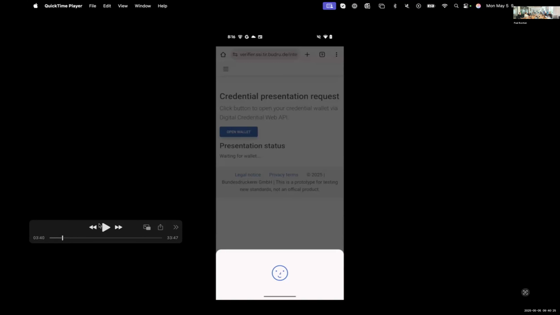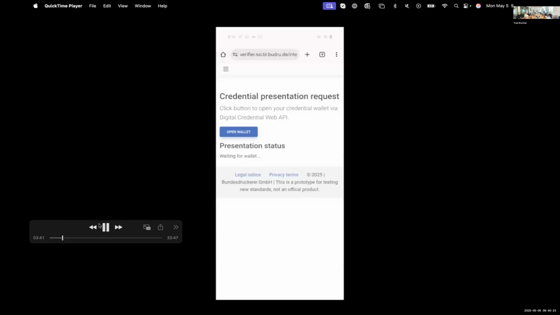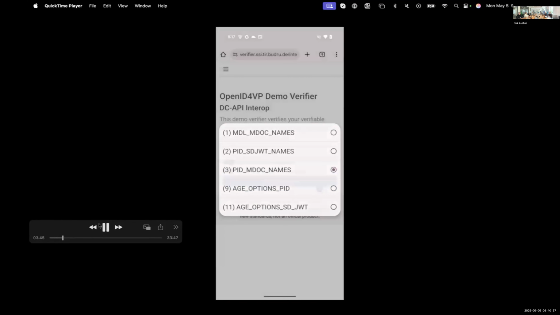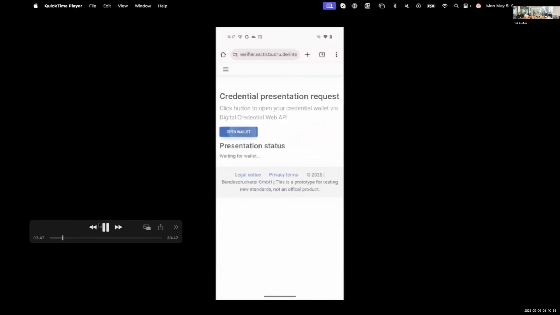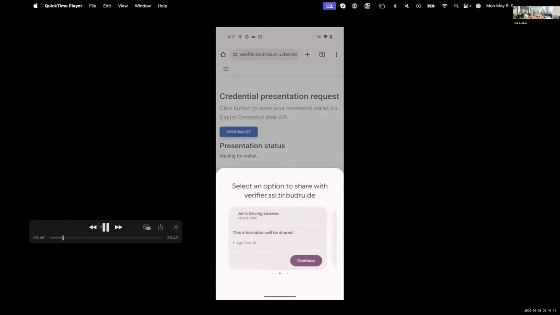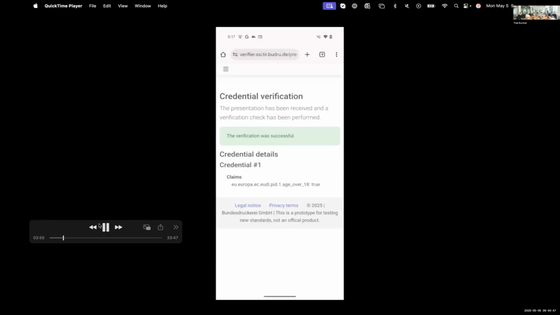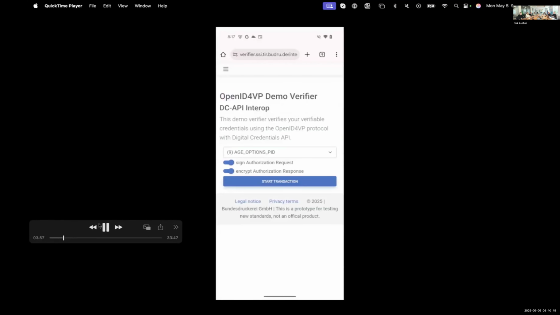In some other videos we also see where the user has some more credentials as options, and also credentials from different wallets you can choose from. So it was really a critical part that was missed before, and I think that's a really important good step.